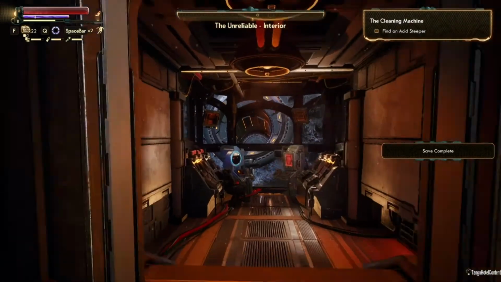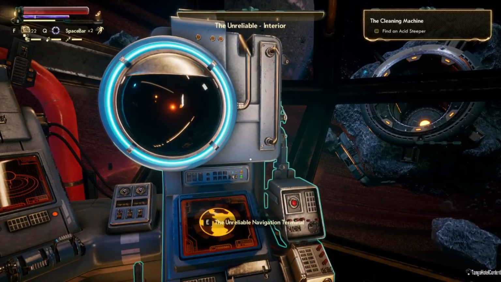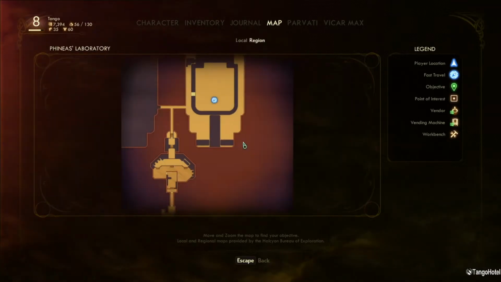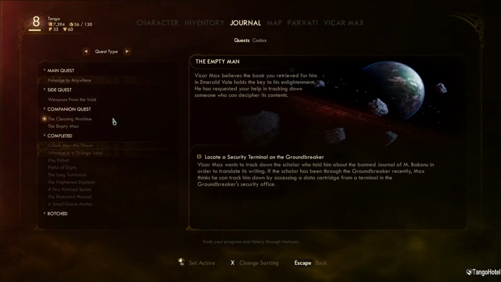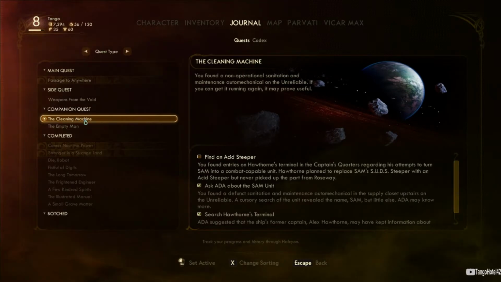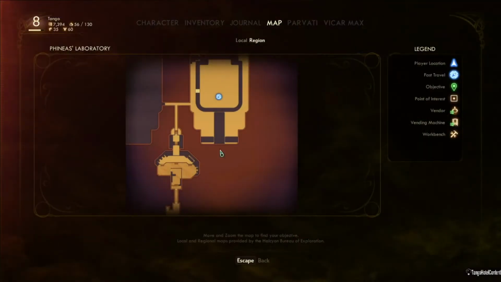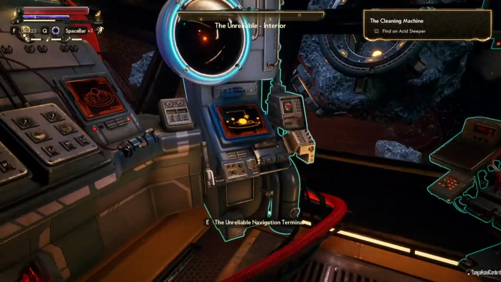And let's see what the map says about where we need to go for the acid steeper. It does not say. It doesn't say. Okay. The empty man, the cleaning machine. Well, why doesn't it? Let me see. No. Wow. Okay, so